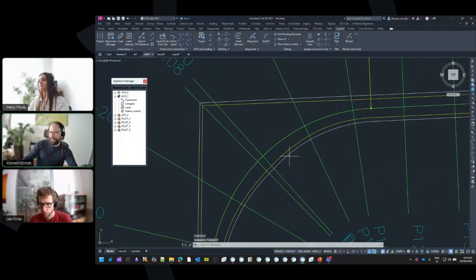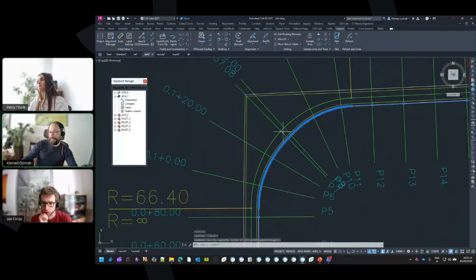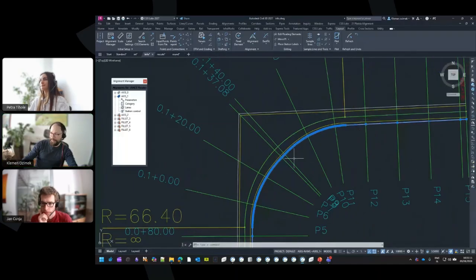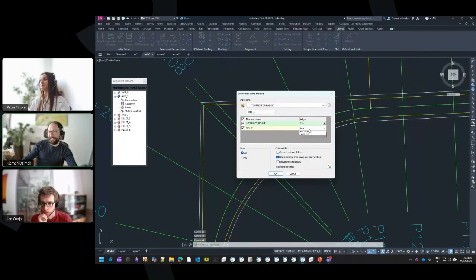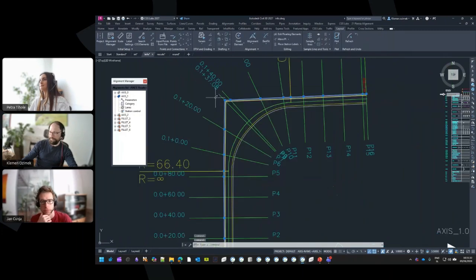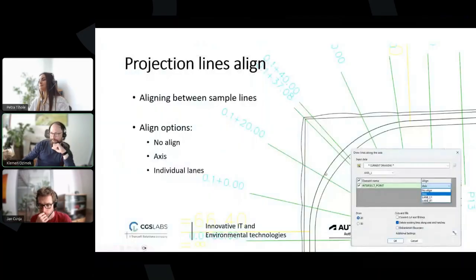We can also see the right lane, which is actually quite good because it's according to the axis, which is going in the same direction. But we could also maybe, if we have a different kind of thing, align it to the right lane, for example. So this is the same if you're doing 2D or 3D polyline, it doesn't matter. And it solves these kinds of issues or these kinds of cases. Okay,